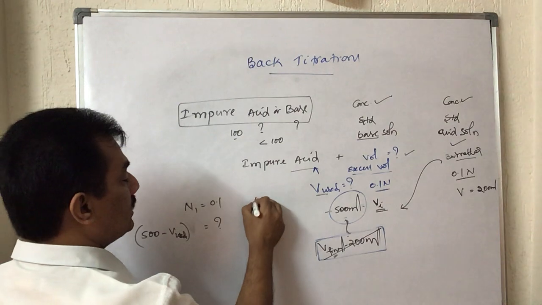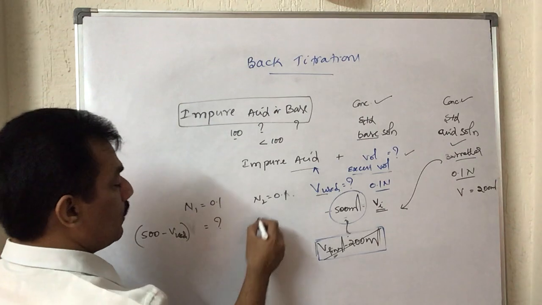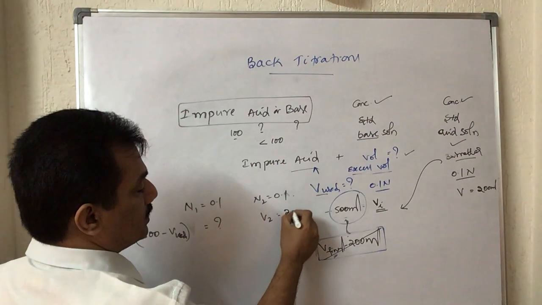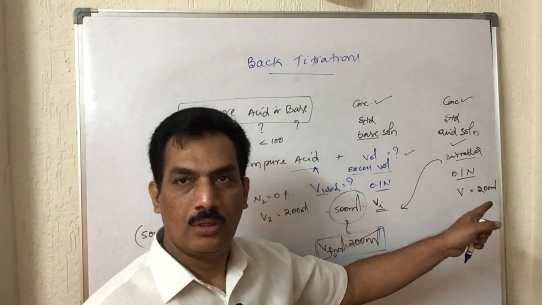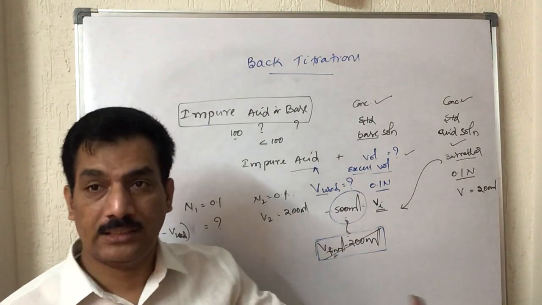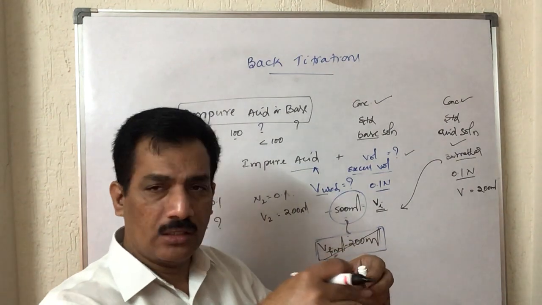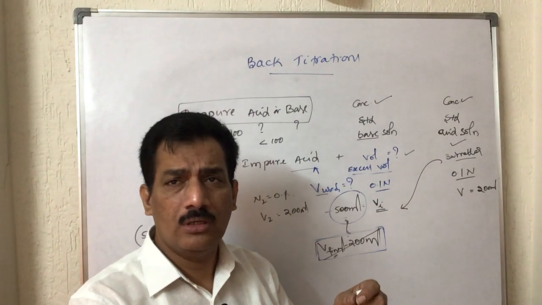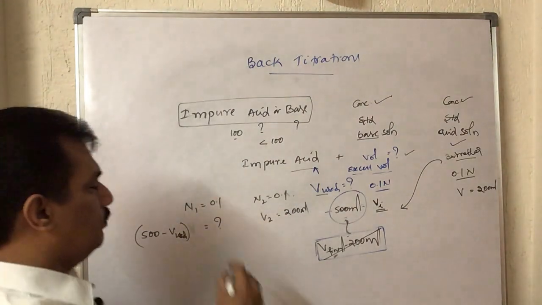But for the next acid we know the concentration, it is 0.1 normal, N2 is 0.1 and V2 from the burette reading we can get it is 200 ml, and it will be given to you, because the volume of that acid used for the excess basic solution should be known. It is from the burette reading. When we are running that solution to titrate the excess base present in the solution, automatically it is visible through the burette reading. Clear? Now these two are known.